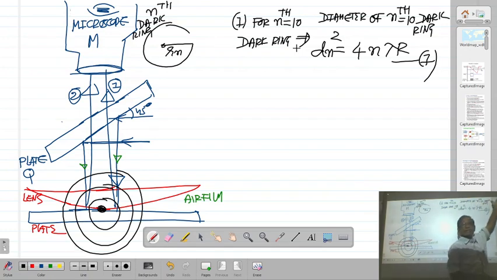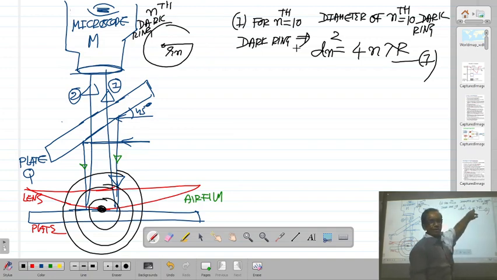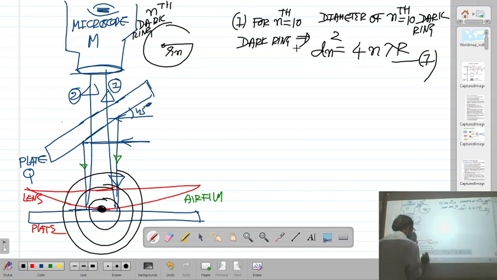The diameter of the nth order dark ring: dn square is 4nλR. What is n? The order of the ring. Suppose you are measuring the diameter of the 10th ring, then n is equal to 10. Lambda is the wavelength of light and R is the radius of curvature. Now, if